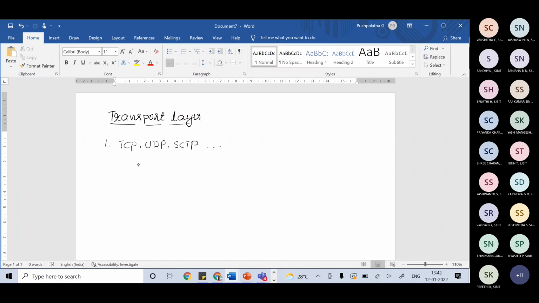The transport layer protocol can either be connectionless or connection oriented. For example, TCP is connection oriented, and UDP is connectionless.